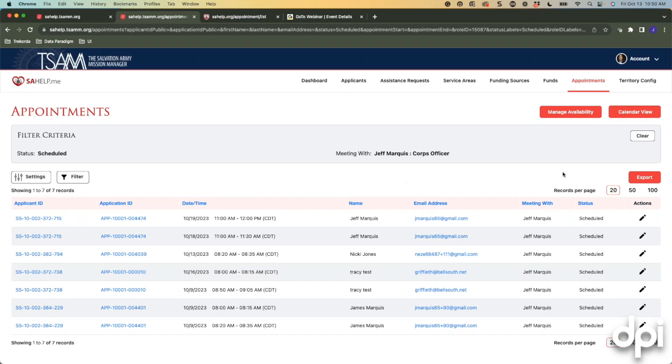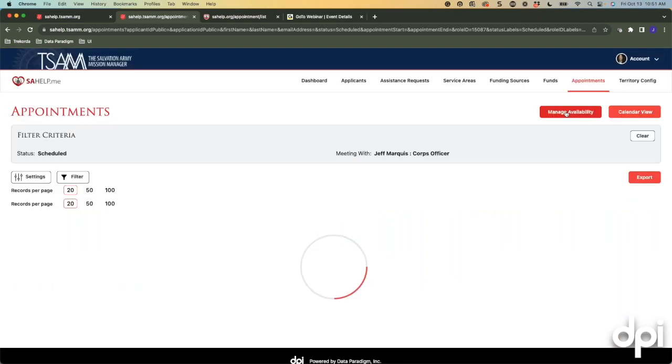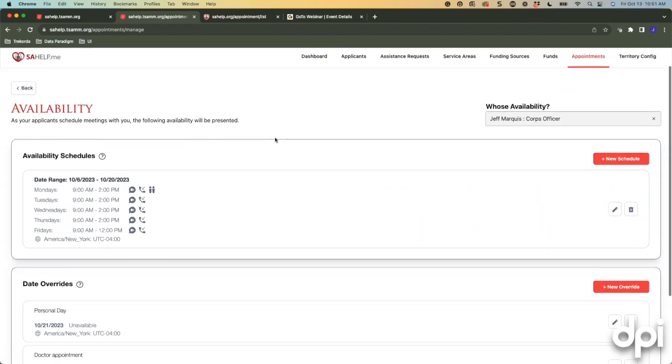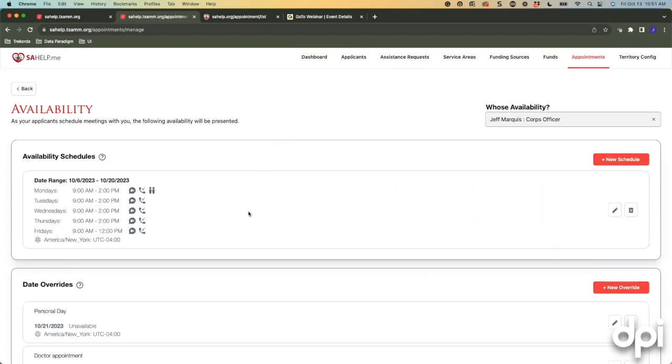I can even export this. My supervisor wants a report of all the meetings I did last week. I can set the date range. I can export that to an Excel. And so I am good to go. But when you're ready to set your availability, you'll click this button at the top called Manage Availability. So once you get in here, you're going to see